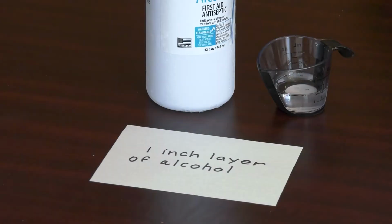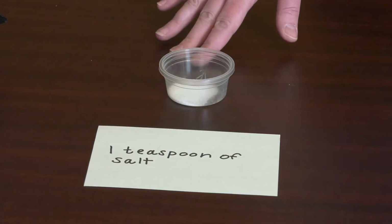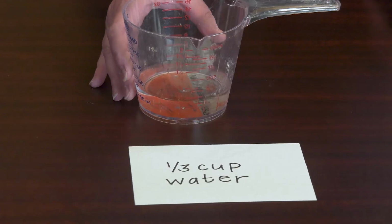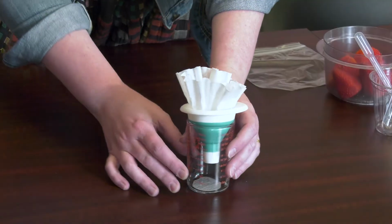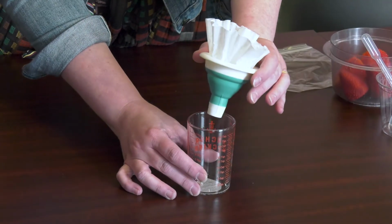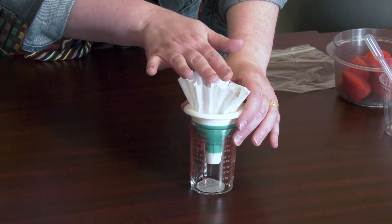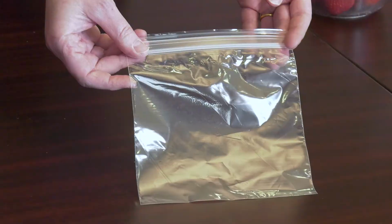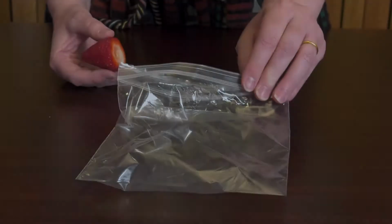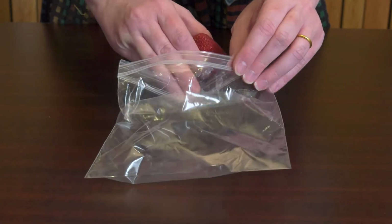strawberries. You'll need a 1-inch layer of isopropyl alcohol, 1 teaspoon of salt, 1/3 cup of water, 1 tablespoon of dish soap, a clear glass cup or beaker, a funnel, a coffee filter, strawberries with the greens cut off, and 1 plastic bag. The first step in this project is to take a plastic bag that has a nice ziplock to